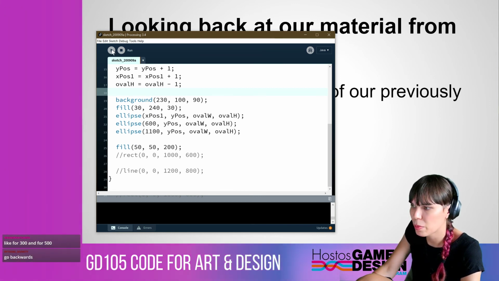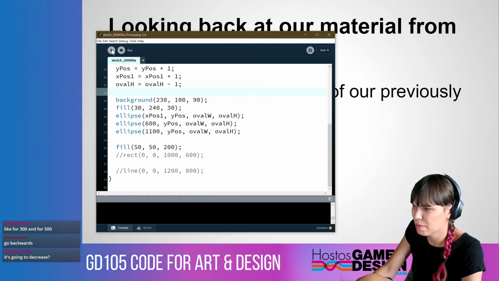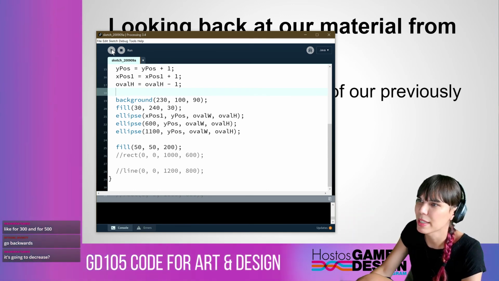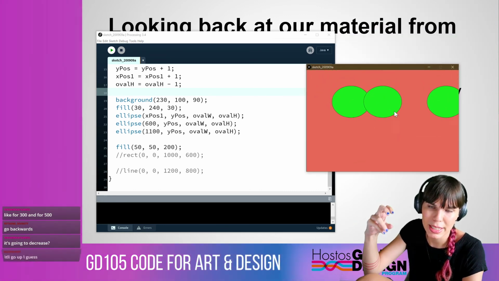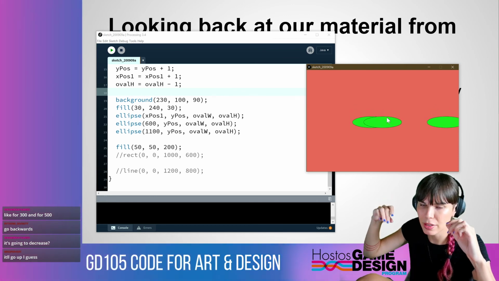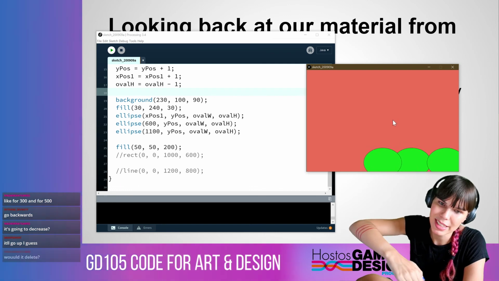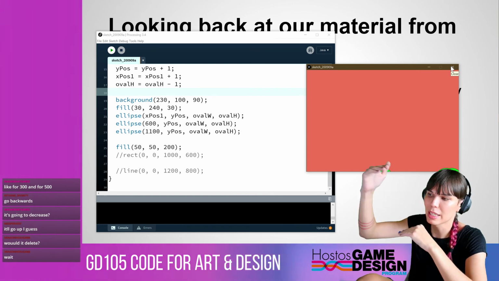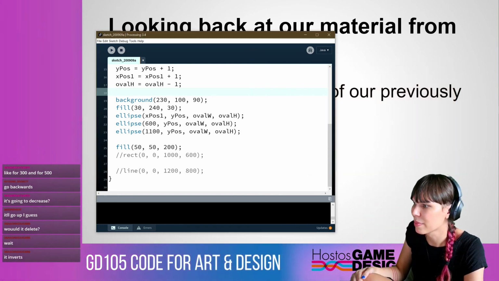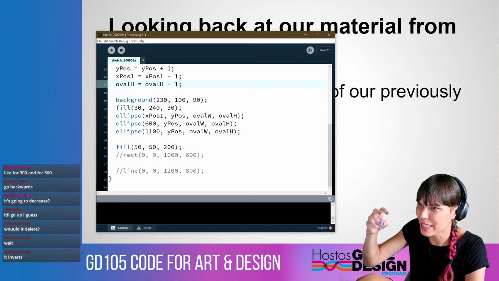So Barshar said go backwards, and then Brianna said it's going to decrease. So I think you're getting at the same thing. So let's see. We can see that over time as they go down, they are decreasing, right? That height is going down, and then at some point it gets into negative actually. And so that's when it starts to get bigger again, because it's a negative value. So instead of drawing it one way, it draws it the other way. So it does invert. If that confuses you, just remember that it's just decreasing and then it